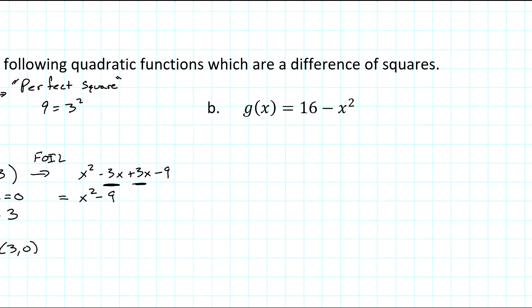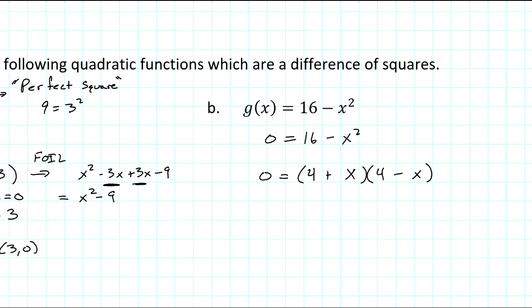We want to find the x-intercepts. So we set this to 0. 0 equals 16 minus x squared. And we want to factor this. So we'll say parentheses, parentheses, two sets of parentheses being multiplied. The 16 is 4 squared. So if I put a 4 and a 4, and then an x, and I do a plus and a